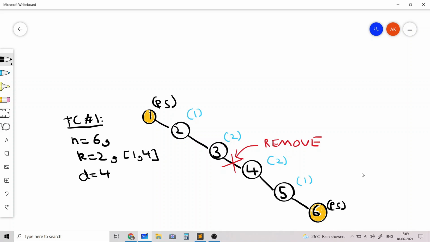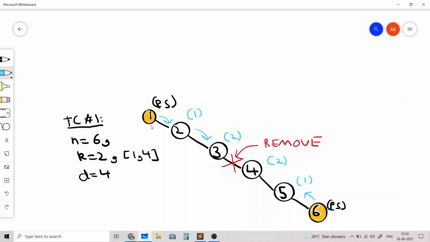You can verify that in this sample test case an optimal strategy would be to remove the edge from 3 to 4, which would make the distances from a police station node to a node which is not a police station 1, 2, 2 and 1, because the distance from the police station node 1 to 2 is 1, and similarly the distance from 1 to 3 is 2, and